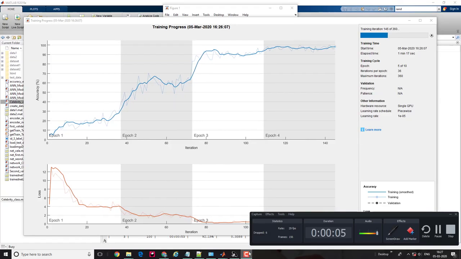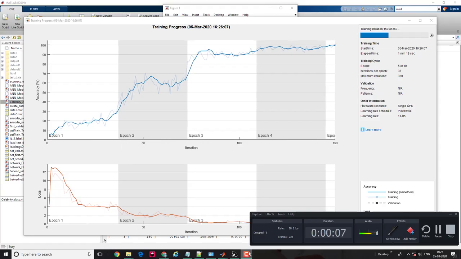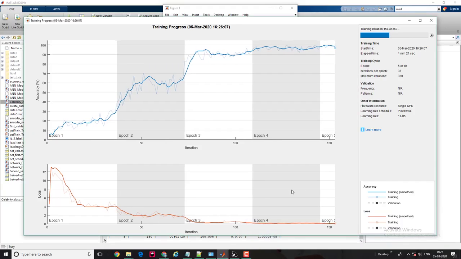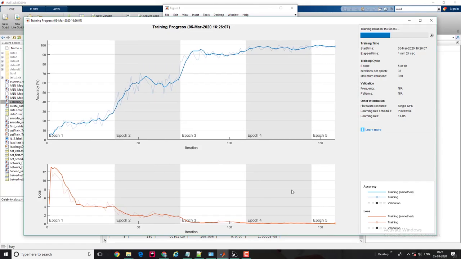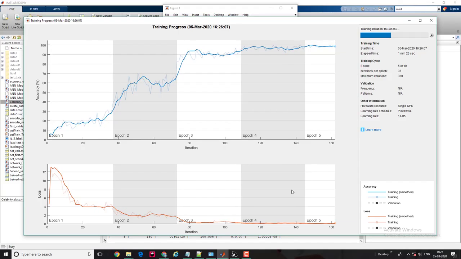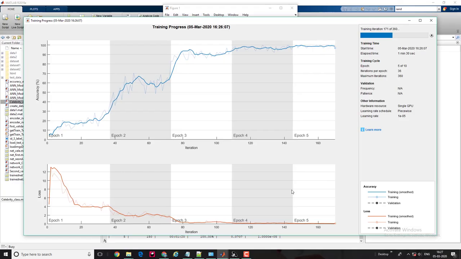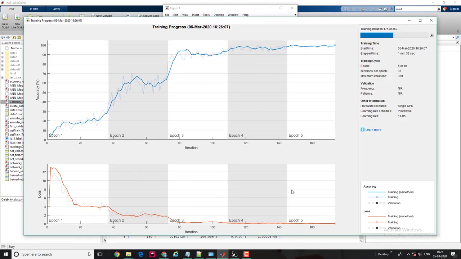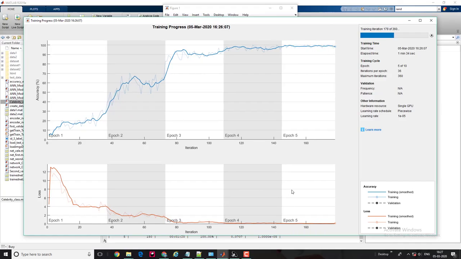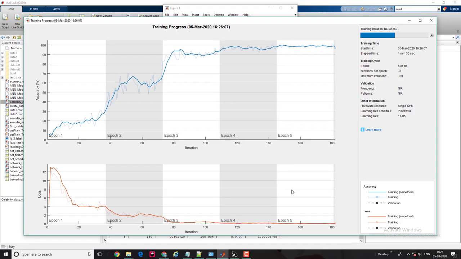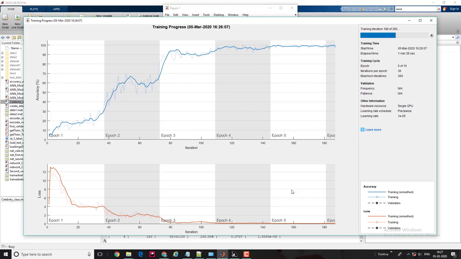Hi, this is Ajay this side, and here you can see the graph of how a deep neural network, a convolutional neural network, is implemented in MATLAB, and the training is going on. Today I'm going to explain how simple it is to design a new convolutional neural network, a deep network, in MATLAB, and how you can implement it.